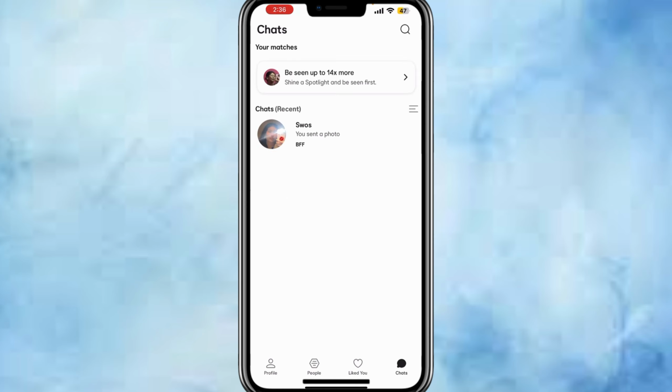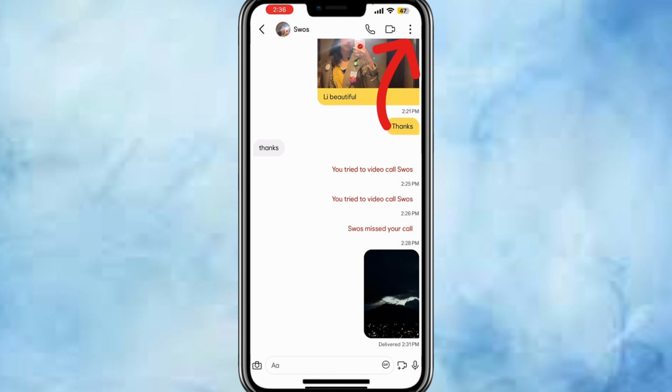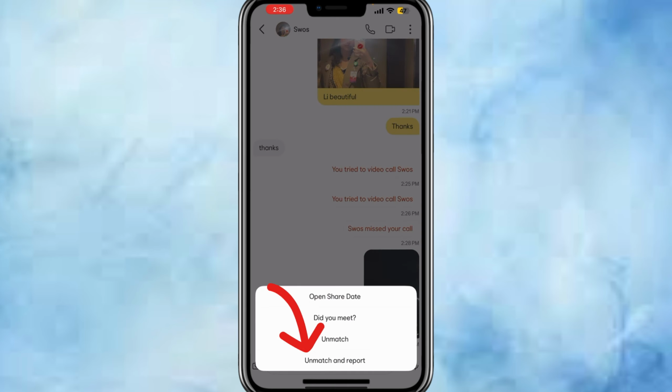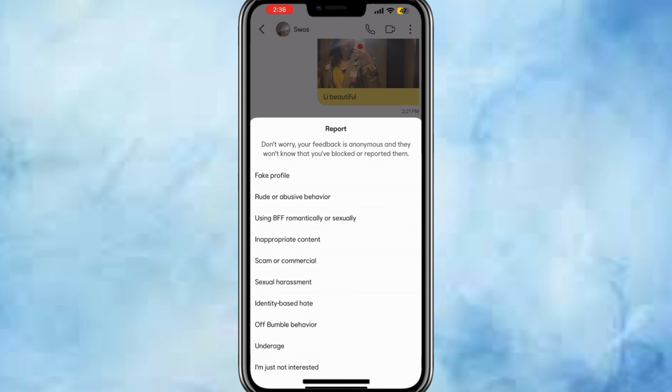Select the conversation with the person you want to report. Tap the three dot menu in the top right corner of the chat. Choose Unmatch and Report. Pick a reason for the report, such as spam, harassment, fake profile, inappropriate content, or any